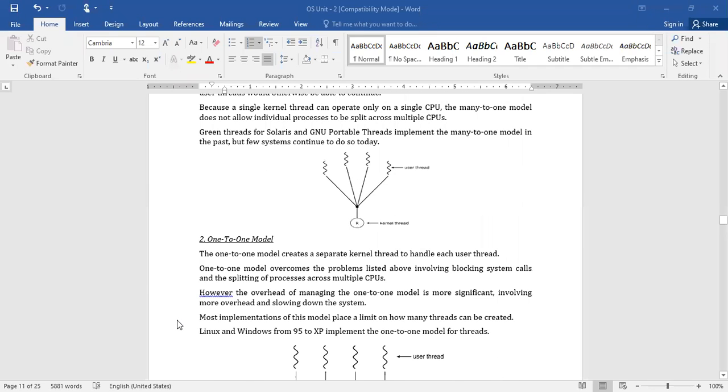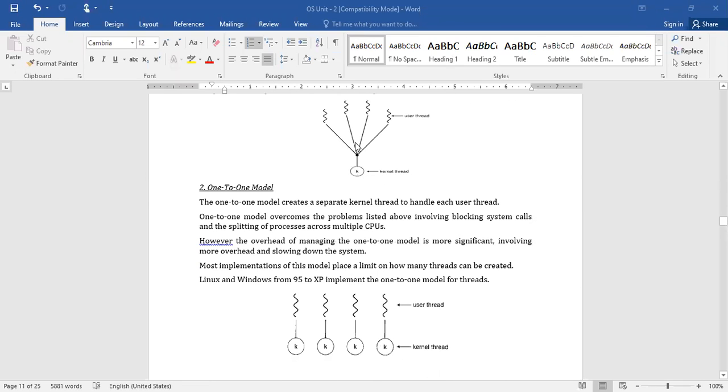And the next one is the one-to-one model. The one-to-one model creates a separate kernel thread to handle each user thread. In the previous case, all the threads are mapped to one kernel thread, but here it is not like that. Each user thread is mapped to its own kernel thread.